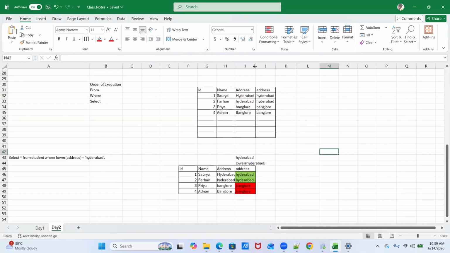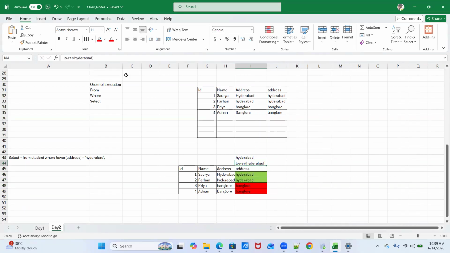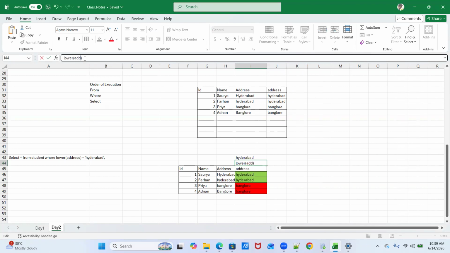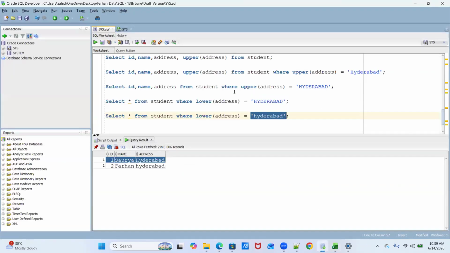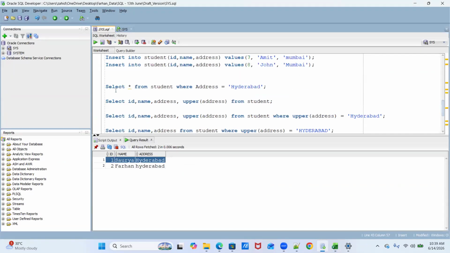This is lower of Hyderabad, and this is lower of address. So we are comparing against this column, not against this column. Initially we were comparing against this column here.